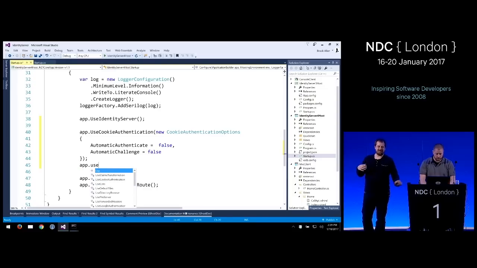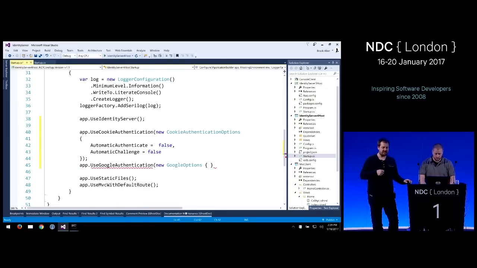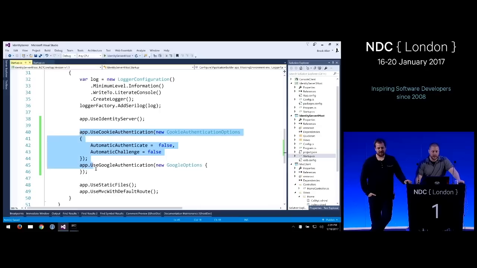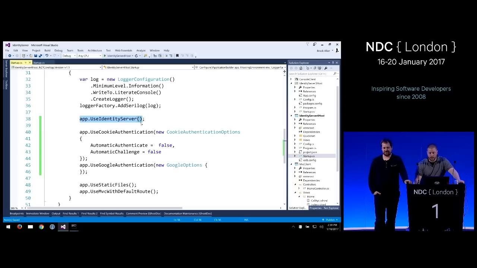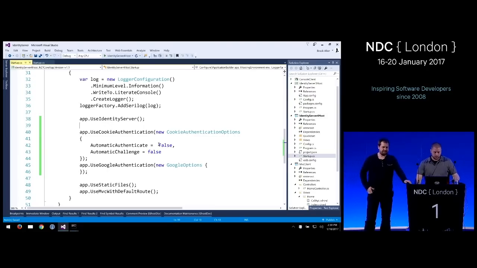I always forget if we need to put the cookies before or after IdentityServer. Well, once they are done authenticating with Google, they are going to issue our primary cookie. Oh, yeah, right. And so because we're holding the primary cookie, they have to run basically between our cookie and MVC. At the same time, our middleware must be before your UI framework, which kind of makes sense.